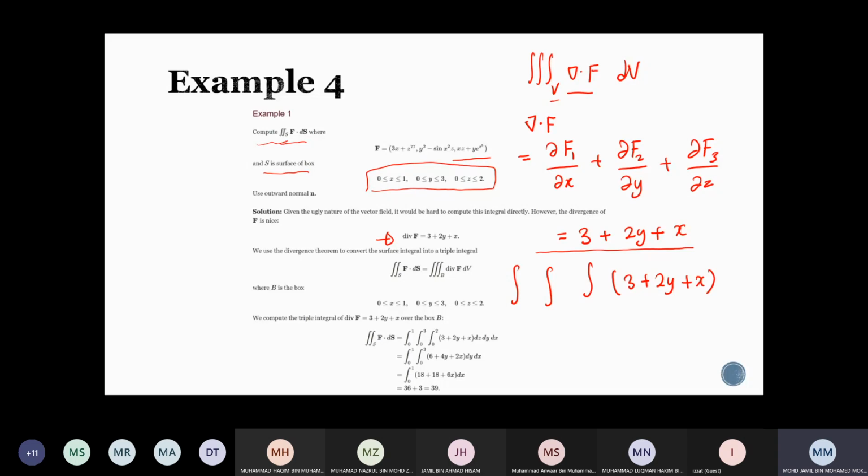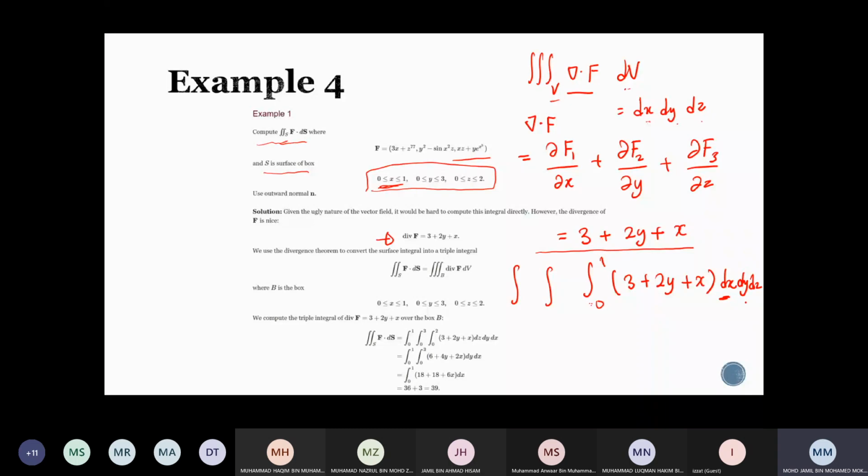Okay, so dv here will become dx, dy, dz, meaning that you integrate three times: integrate x and then y and then z. Firstly we start with x, so the range here must be the range of x. The range of x is from 0 until 1,